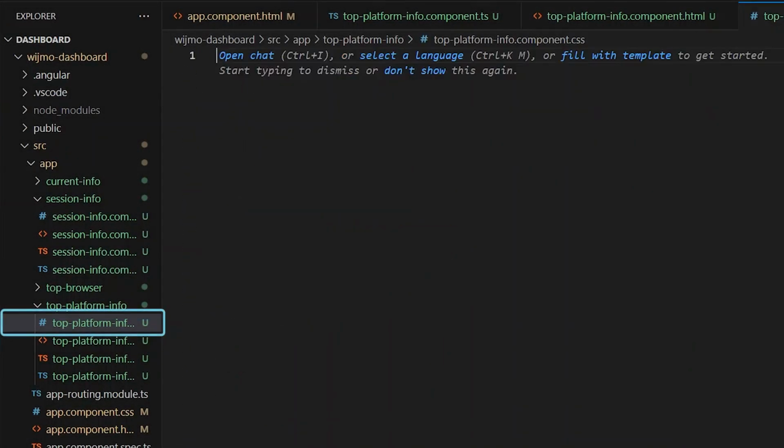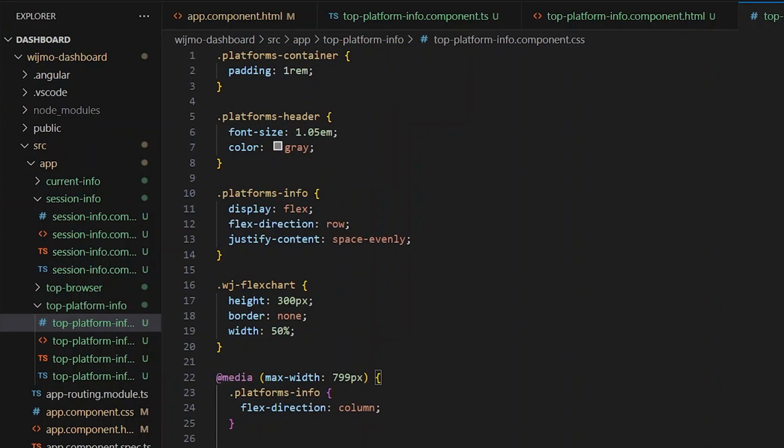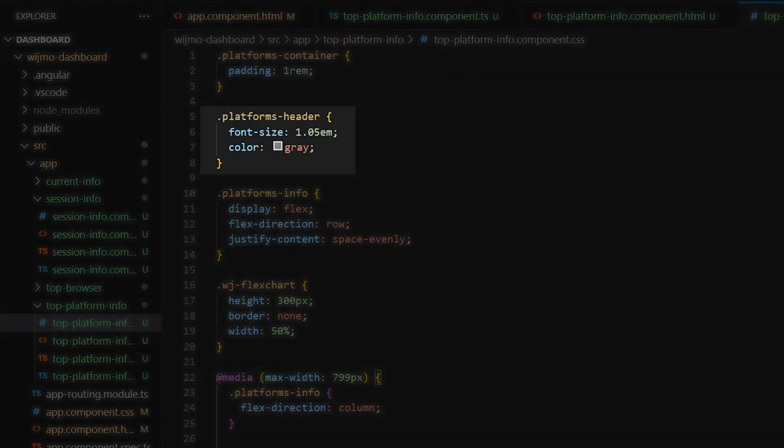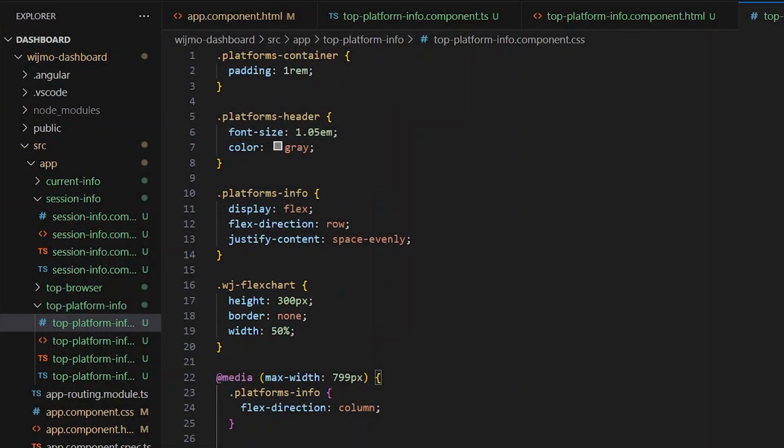Now, inside the component's CSS file, add some CSS. You'll notice there's not a lot added. We're just defining the header's appearance, the component's display setting, in this case flex, and adding some styles to the chart control. Here, we're removing the border and defining a height and width. Finally, add media tags, so the dashboard will be responsive to the screen size the user is viewing the site